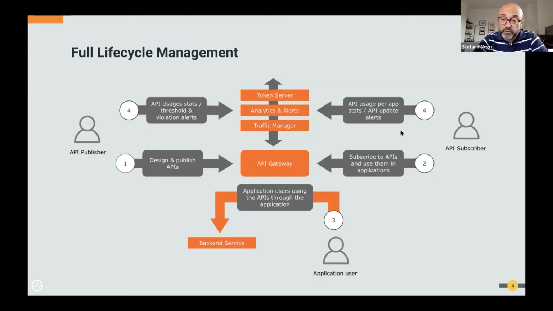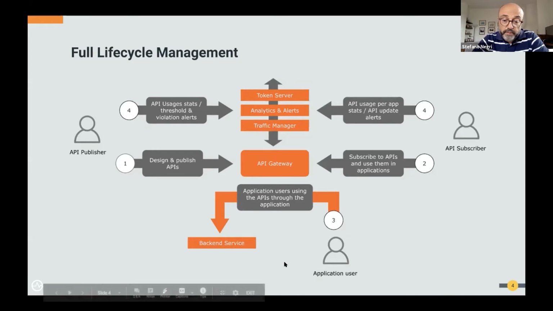The second use case is where a subscriber should be able to search for the API that fits their requirements, get access to documentation, and be enabled to, for example, use single sign-on and login, and so activate the API, so subscribe to the API.